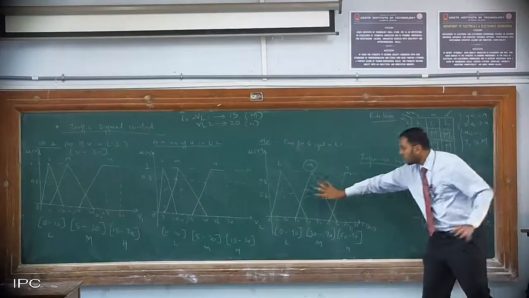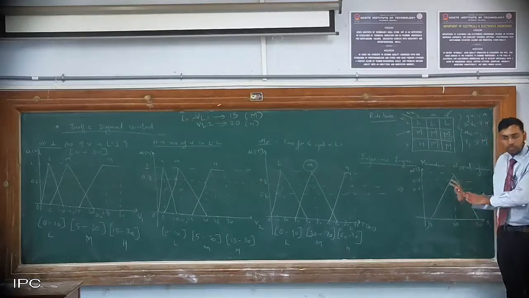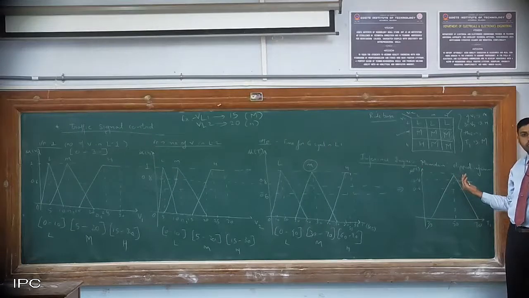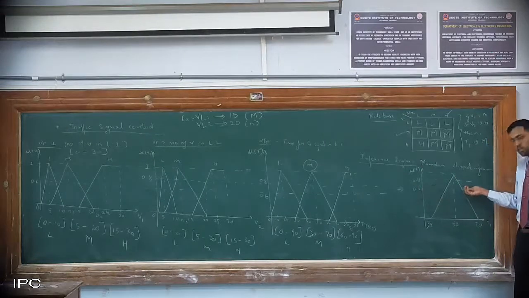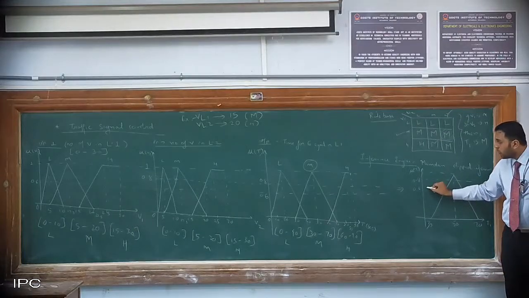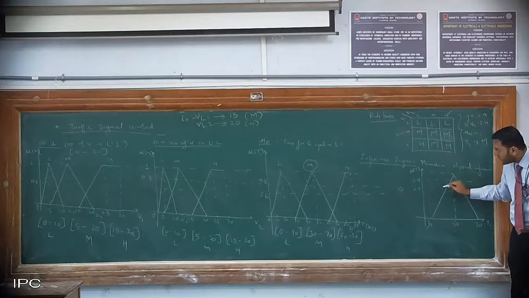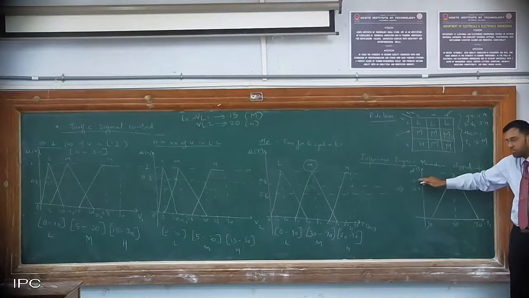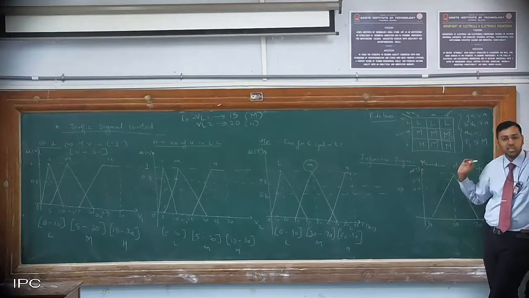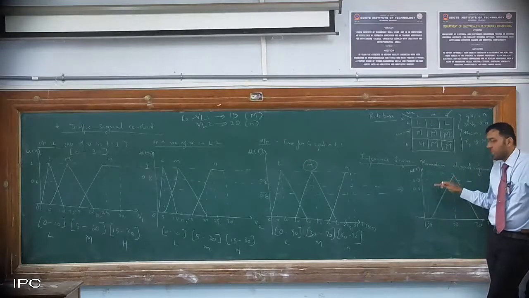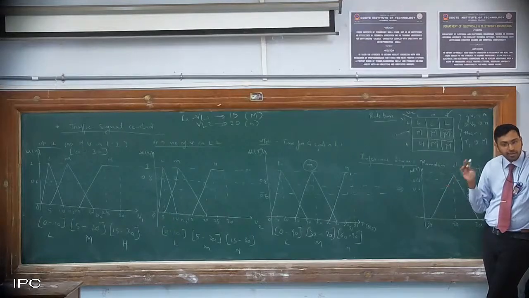Everybody please stop writing and look here. I've just drawn the complete image once again. What has happened is, our inputs have been projected on our output part. So 0.6 has come here, and 0.8. So this is your input 1, input 2 projection on the output domain. Because of that, the maximum value of projection will be considered. Out of 0.6 and 0.8, what is the maximum? 0.8. So anything above 0.8 will be clipped off.